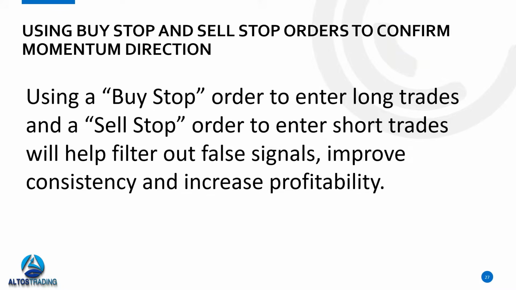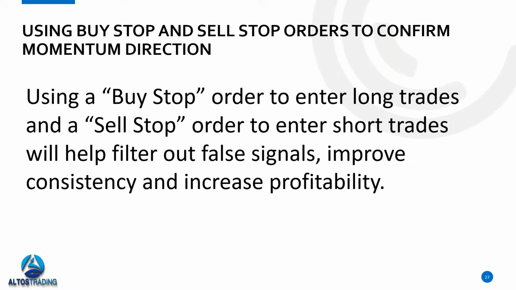And we need follow through, and we do that with a buy stop order. We need follow through into that price level to get filled on our order. So if we don't get that, we simply don't get into the trade, and it can keep us out of a lot of losing trades. This is automatically built into the Trade Trend indicator. When it gives us an entry price, it's going to tell you to use a buy stop order at X price. And we only get filled if there's follow through.